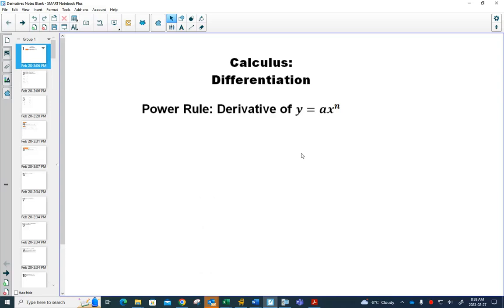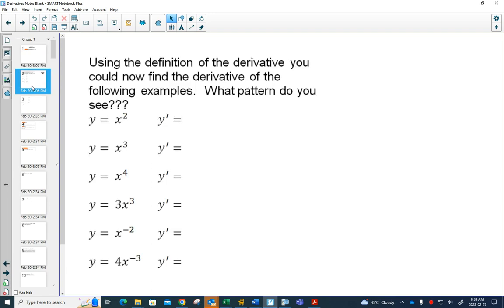Okay. The power rule. The power rule looks like this. Now, what a mathematician would have done is say, well, let's take out our definition of the derivative, and let's do all 6 of these. If we decided to do that now, we would take the next half an hour to show all of that work. So instead, we're going to pretend that we did that and say, okay, I did the first one,